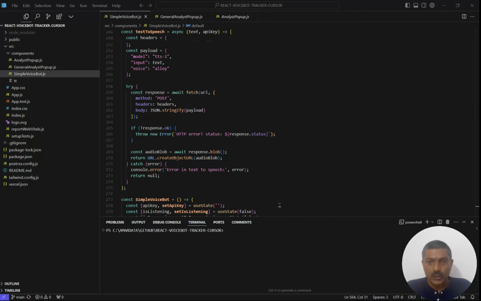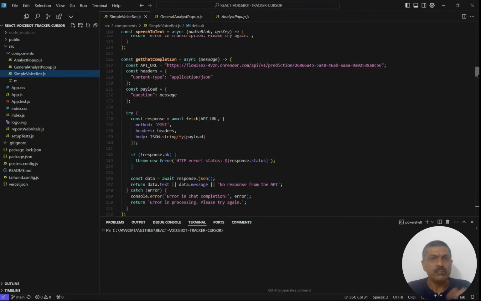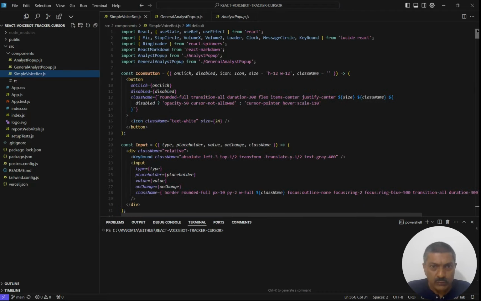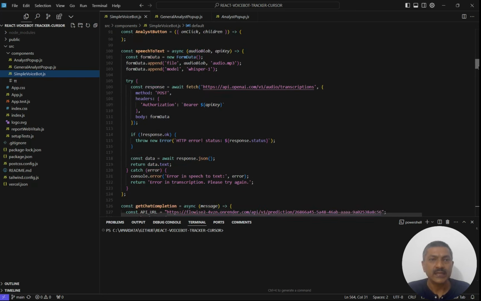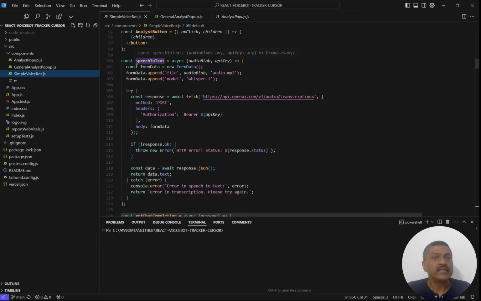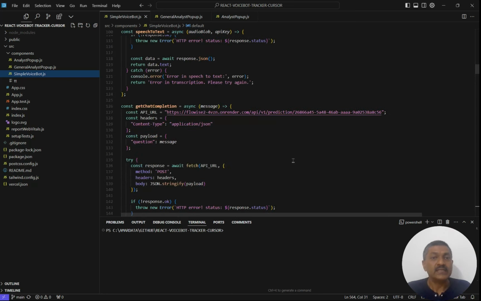So if I go to my Voicebot here, this is that same Voicebot. Here again, this code, GPT will explain the code better than I will, but I will still do a very quick, not a walkthrough, but point out where the API endpoints are. So this is the API endpoint for speech to text. Same endpoint, API fetch from that OpenAI audio transcription. This is the URL I had given. Then for getting chat completion,